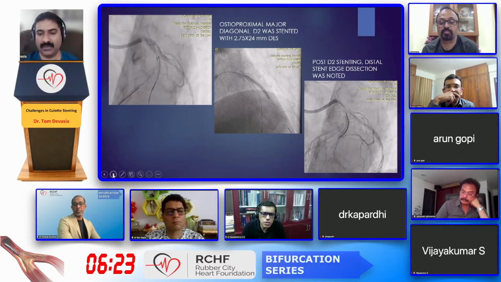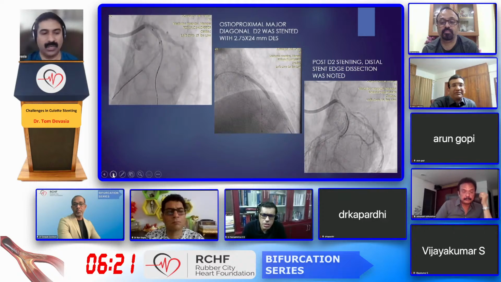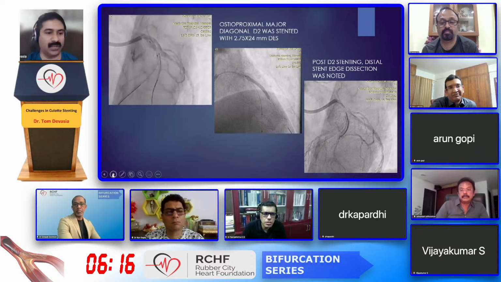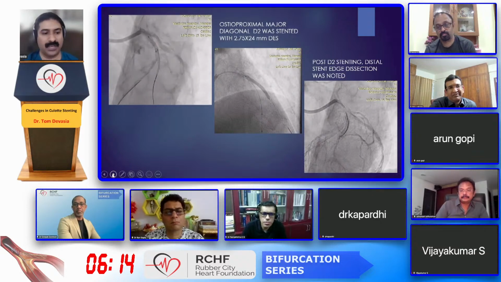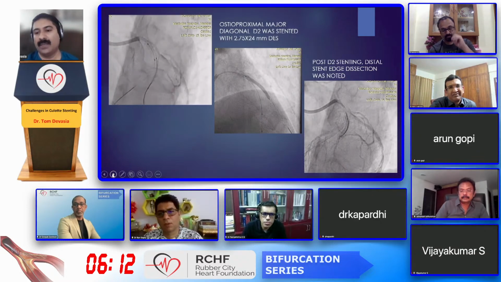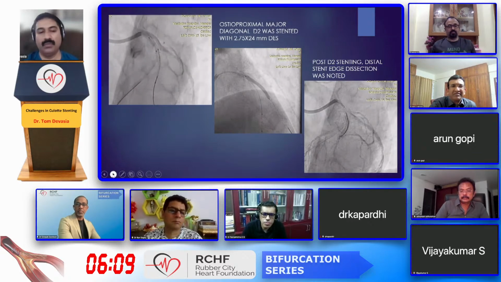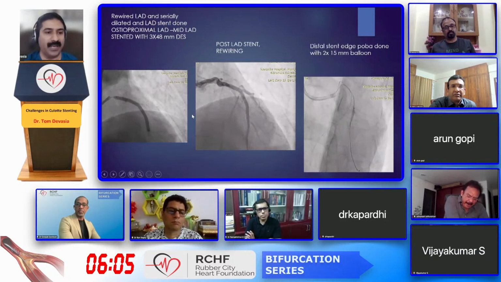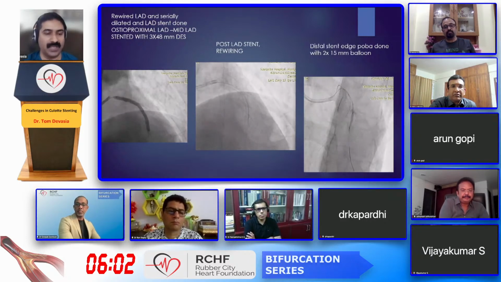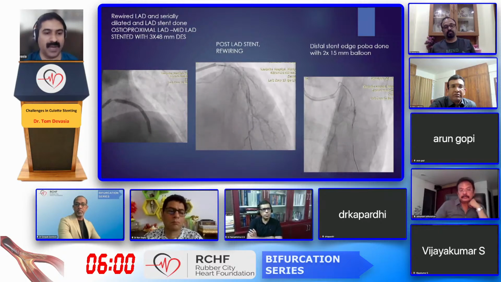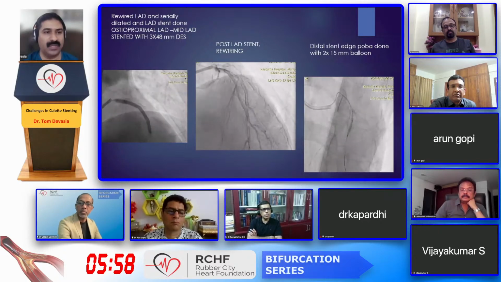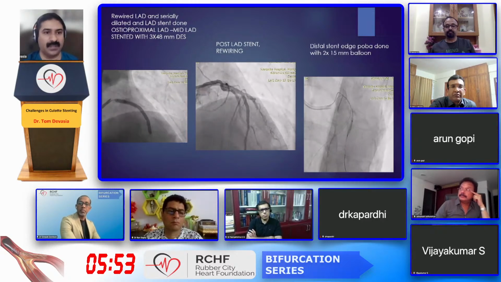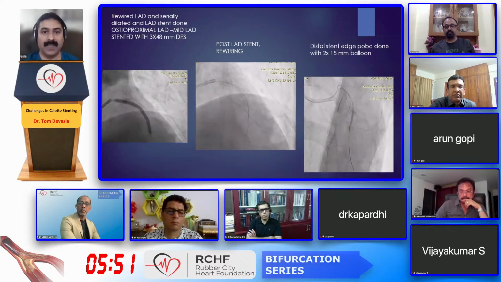We waited a few minutes to see whether there would be any abrupt closure or not. We were deciding whether we should do a balloon dilatation, or a drug-eluting balloon, or yet another stent to make sure the diagonal was safe before we moved into the LAD. In the end, we decided to stent the LAD because the patient started to become restless, having chest pain despite a flow in the diagonal. So we stented the LAD quickly, and then after the 48 millimeter drug-eluting stent, we observed